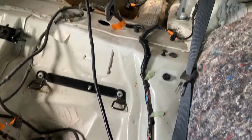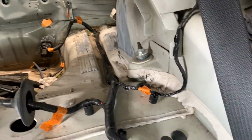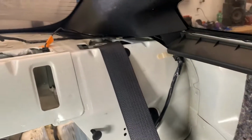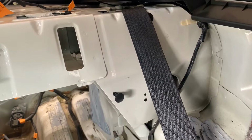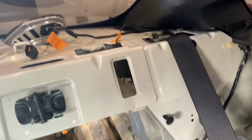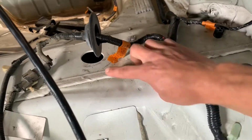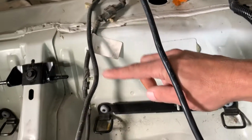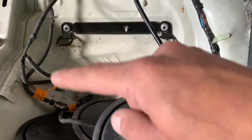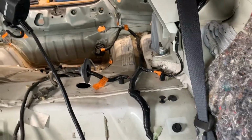And then you've got a leg that runs up. And you got a leg here that goes up to the speaker and the rear defrost on the driver's side. And then you got a leg here that drops down in this hole, and that includes all of the ABS sensors and I think a wire for the rear evap canister. And then